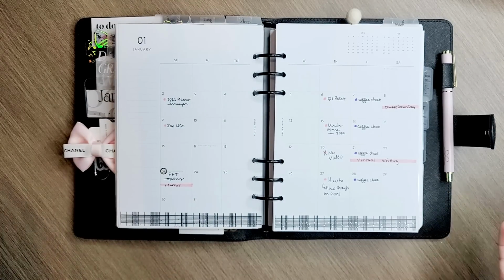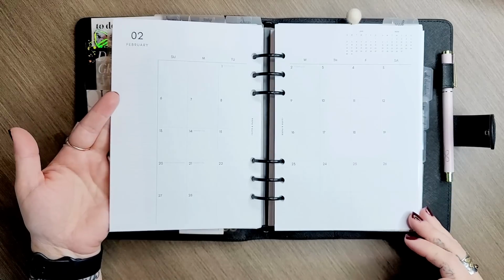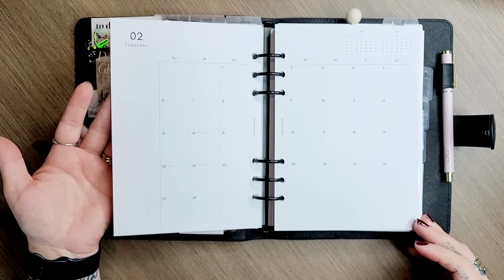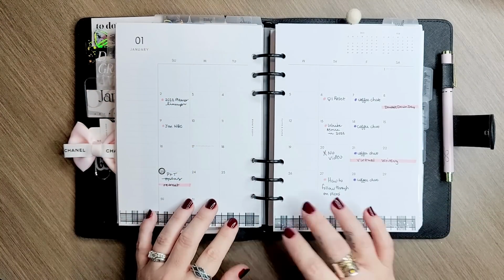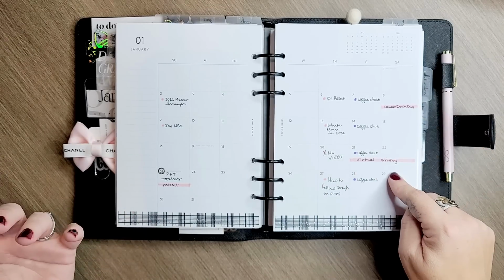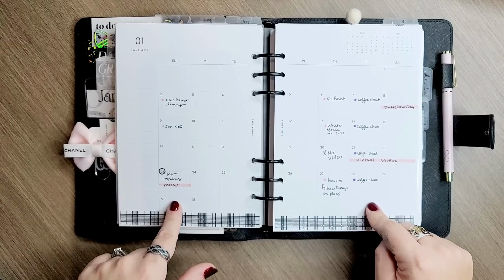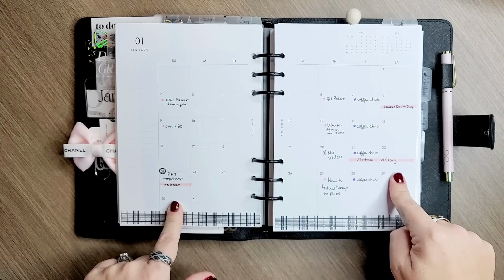On the monthly pages here, you can see I just love this very clean, minimal design. Here's an example of February that hasn't been written on. It's just really aesthetically pleasing. So what I've done here is basically just an overview of my editorial calendar and my launches and the important dates, like what videos I have coming up when, and when I'm doing my coffee chats versus the virtual writing